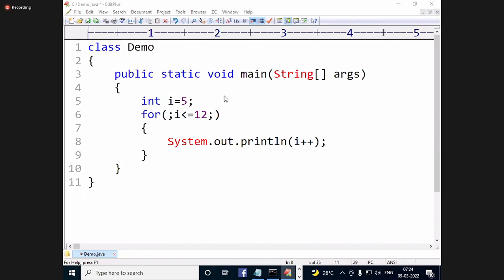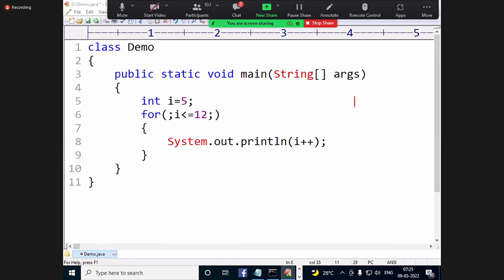Okay, 4 answers: 5 to 12, 5 to 13, 6 to 12, 6 to 13. Any other answer?